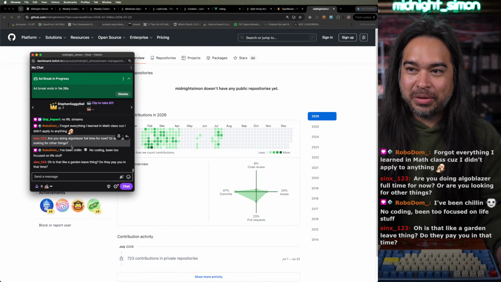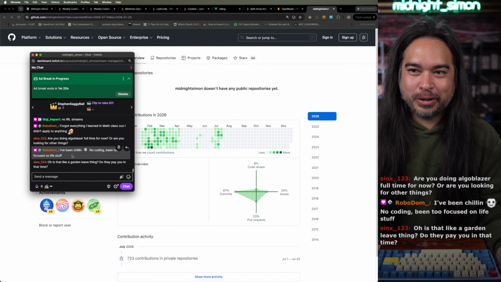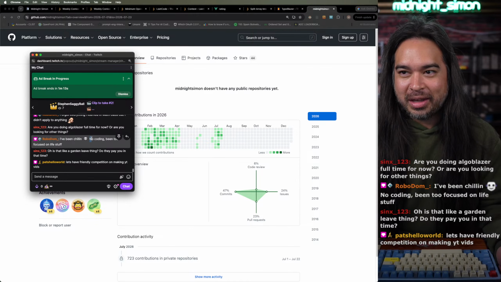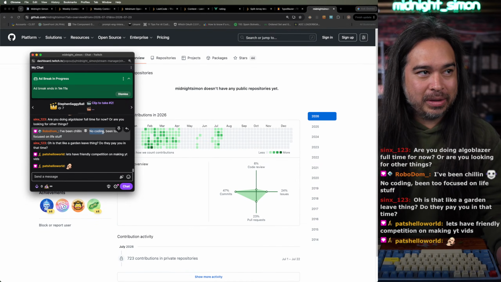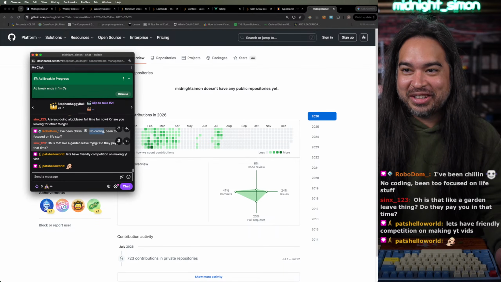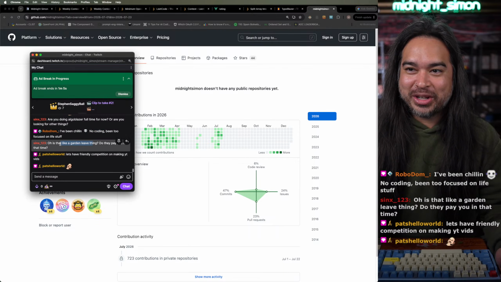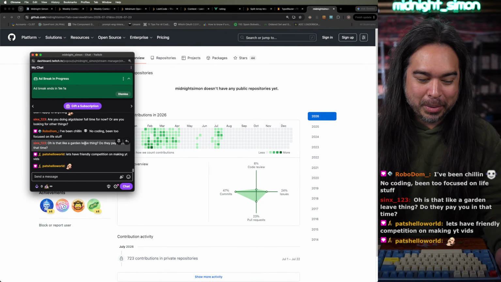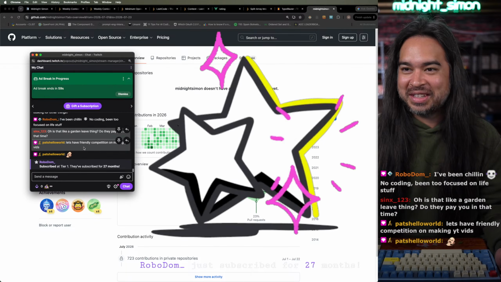I've been chilling, no coding, been too focused on life stuff. That's good. I've also been not coding because I don't think many people code anymore, Robodom. I think everybody just tells the AI to code these days. Is that like a garden leave thing? No, this is a I quit my job type of thing, and I'm burning through all of my savings until